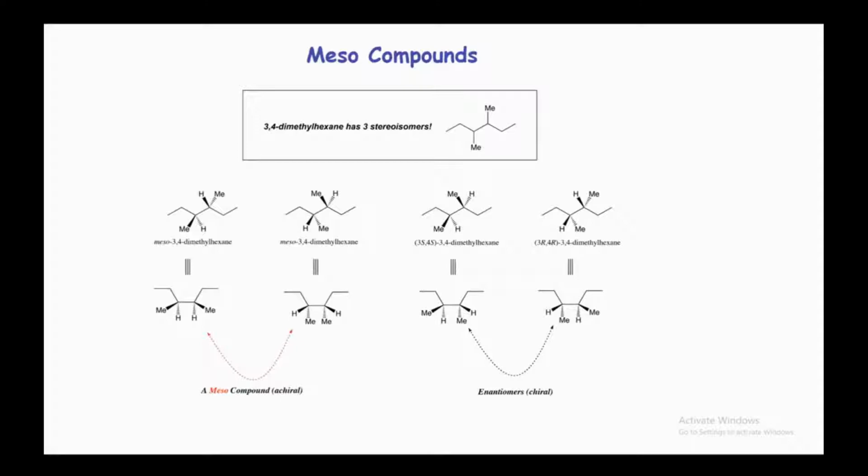What are meso compounds? So far we discussed enantiomers, diastereomers, constitutional isomers, configurational isomers, conformational isomers. Now we are discussing meso compounds. Meso compounds are those compounds which do contain a chiral center, but they are not chiral because of the plane of symmetry. So what is a plane of symmetry? If you cut this compound from the middle, both the sides, left side and right side, become equal, become identical, become very similar to each other